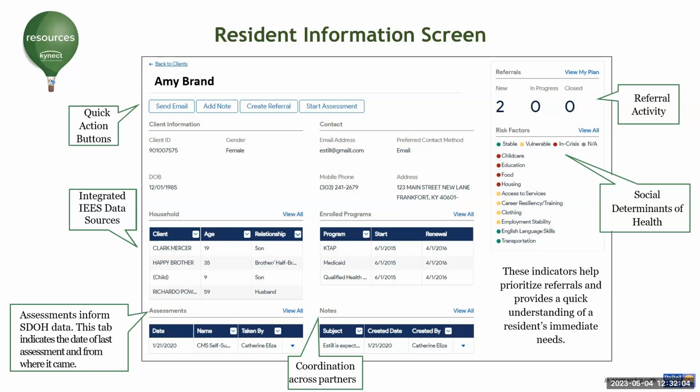There's notes. So if you create a referral, you can add a note so that the organization that receives it understands a little bit more information about the need. But those indicators also really help prioritize those referrals. When you first log in, you can see immediately where someone may be having an issue, and then being able to understand those and work through that with them. You can also see referral activity. But certainly once we say work with Amy here in this example, and we're able to get her past this, then we can update that assessment and see those improved results. Next slide.